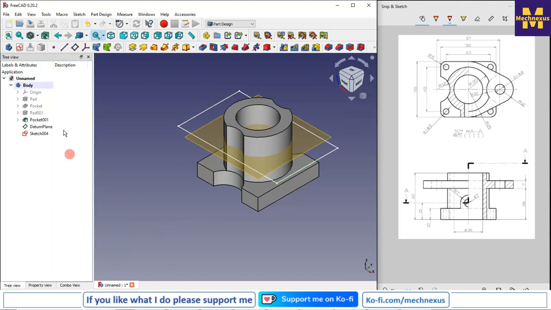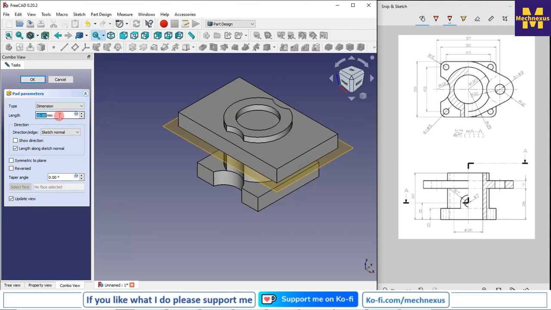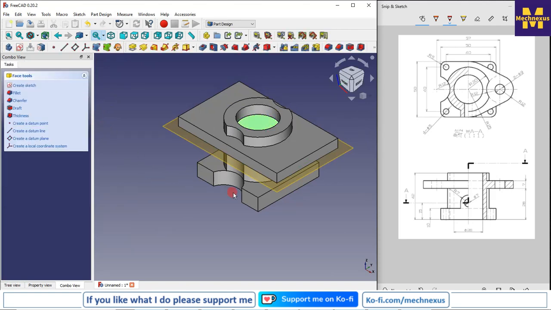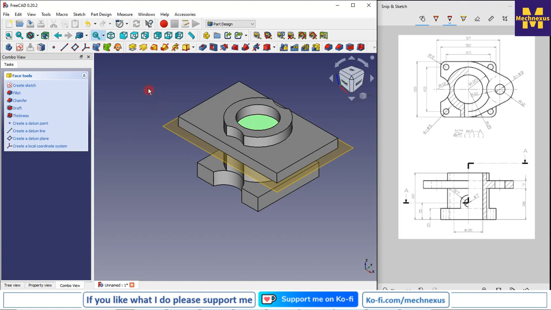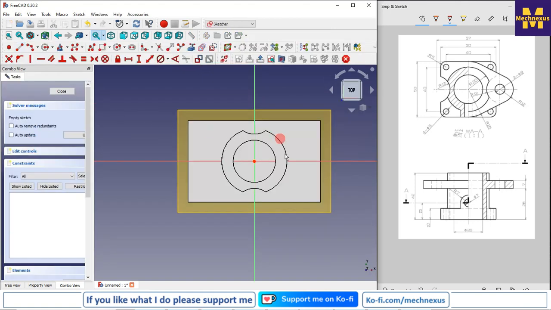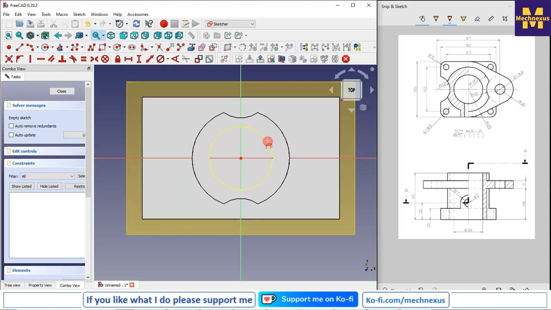So I will select the sketch, click on the pad and give it 7 mm. So here material is added which we do not want, so I will select the face and I will create a sketch. I will project the geometry